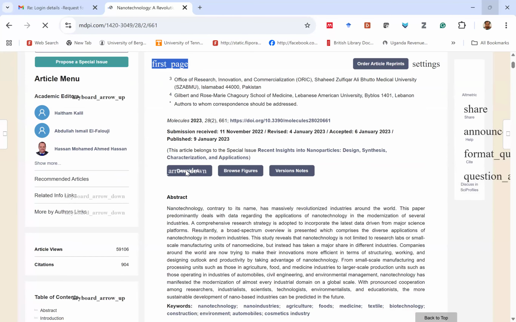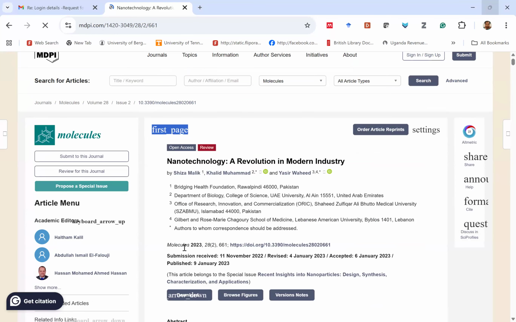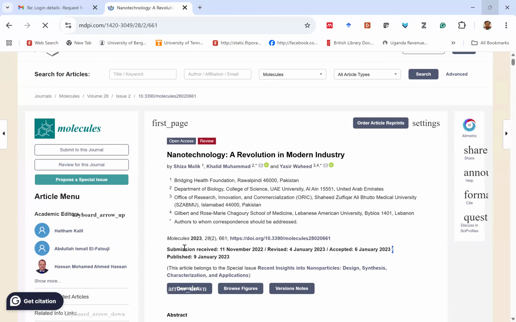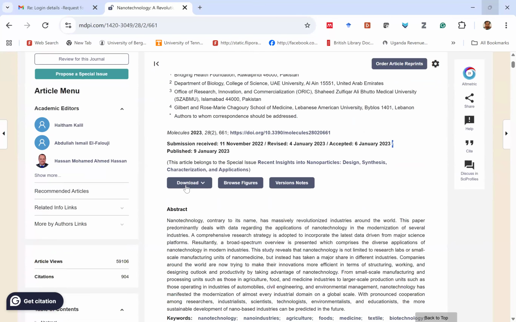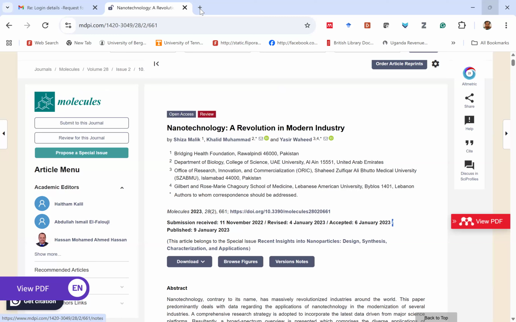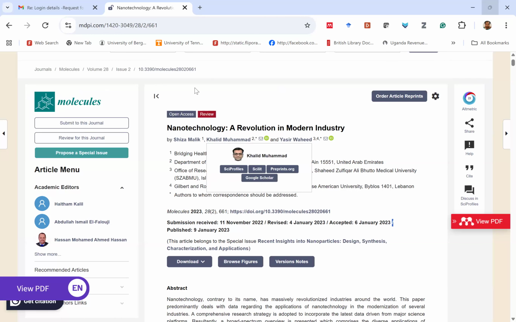This one. Okay, so you see here, I'm able to download this article, but once it gives you challenges, just go to your Research for Life. Go to your Research for Life in Summon, copy that title, and search in Summon, okay?